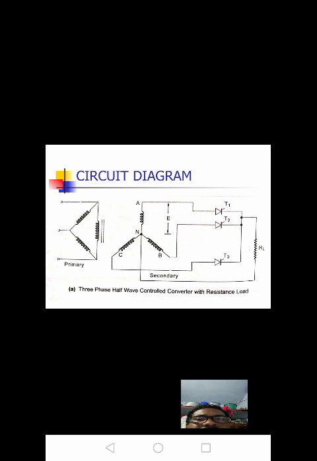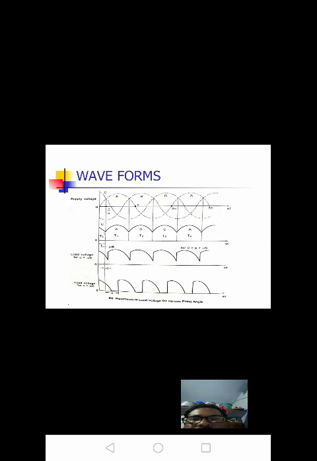Phase A is connected through thyristor T1, then RL load. Phase B is connected through thyristor T2. Phase C is connected through thyristor T3 through load RL. Here we are observing the waveforms of the three phase half wave rectification. Three phase supply voltage, R, Y, B, nothing but A, B, C, three voltage waveforms. Here we are observing the supply voltage,